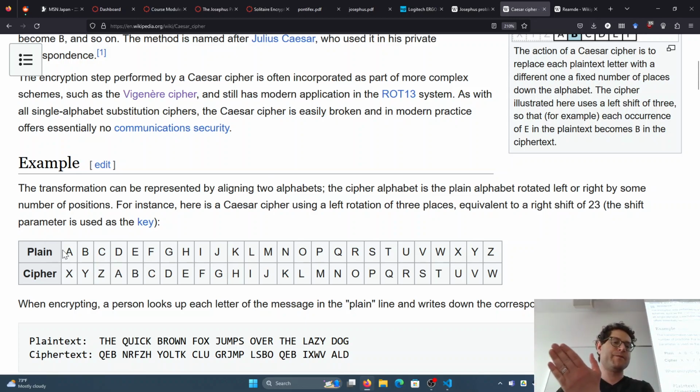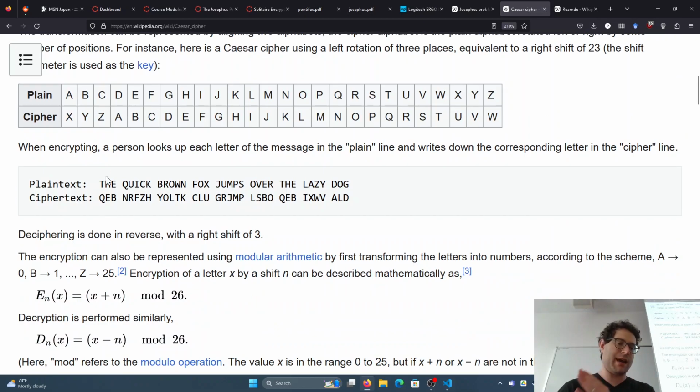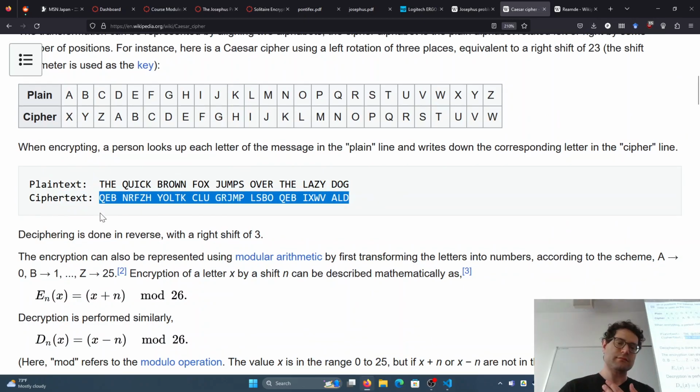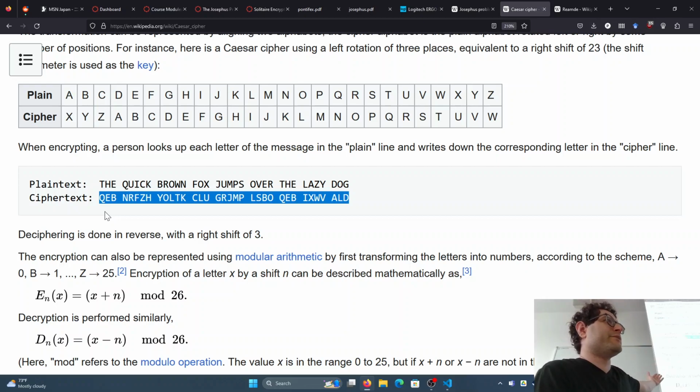Typically, we just simply shift the letters. So here is the English alphabet shifted by 23. Basically, each letter is replaced with the letter 23 away. So here we have the quick brown fox jumps over the lazy dog, encrypted into ciphertext. And the idea is that if you don't know what the cipher is, it's gibberish. And this was actually very effective back in the day because of the barbarians,